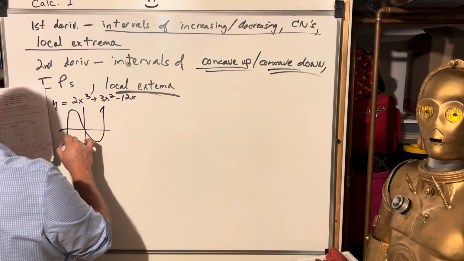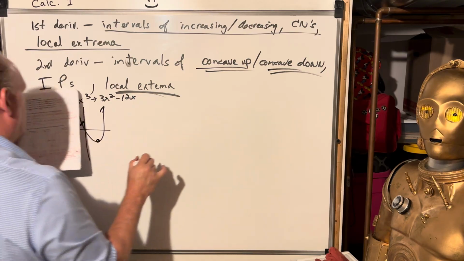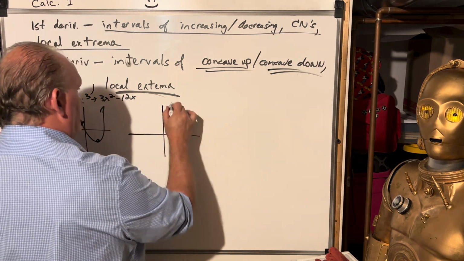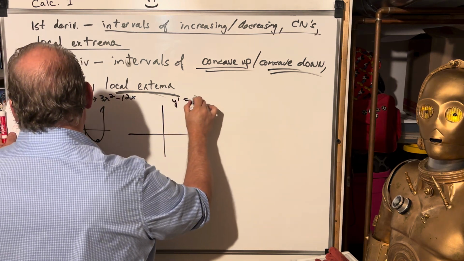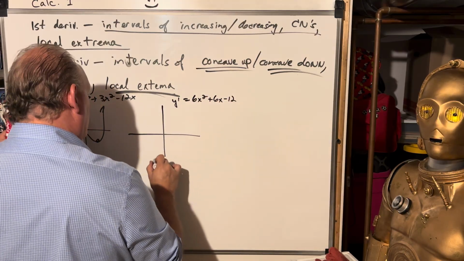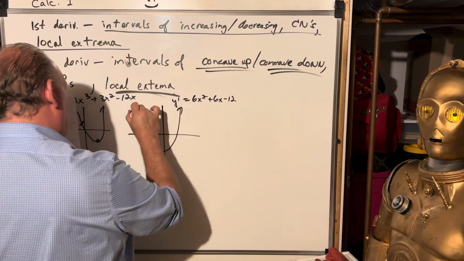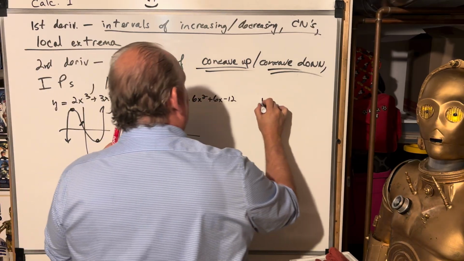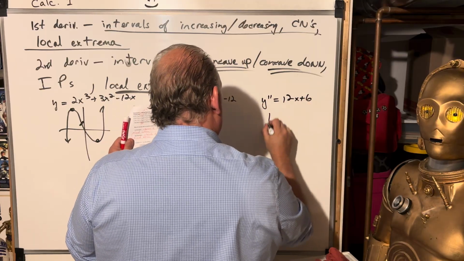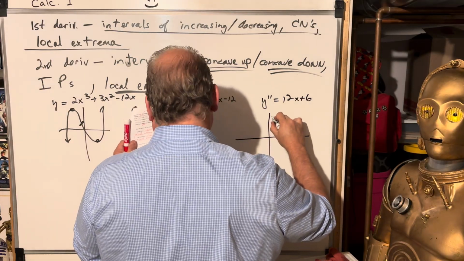Okay, that's great. We got an inflection point there, and a max and a min. Then they graphed the first derivative, y prime is 6x squared plus 6x minus 12. And that looked like this. So that was a parabola opening up. And then they took the second derivative, and that was 12x plus 6. And that's just a steep line